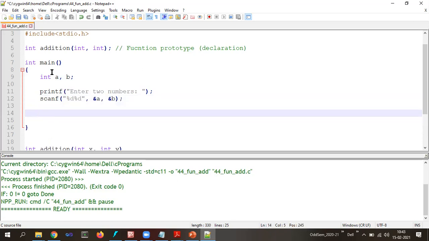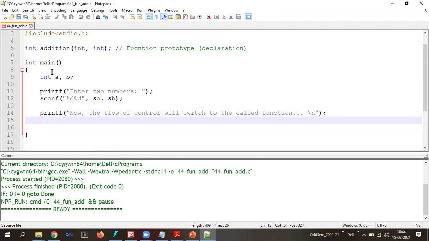Then now here for demonstration purpose, I will write one statement here, like, now the flow of control will switch to the called function, just a statement I'm printing. Okay, then after that I'm going to write something called as function call.